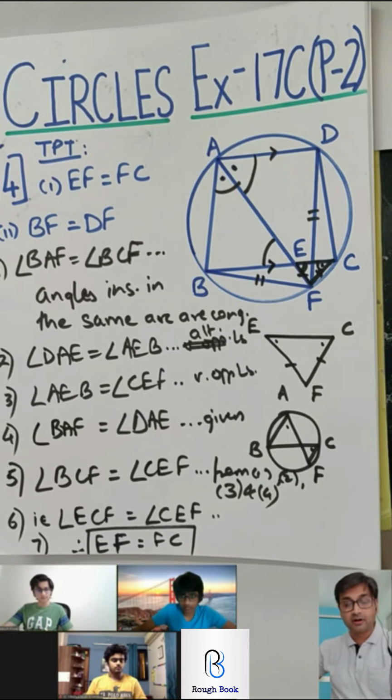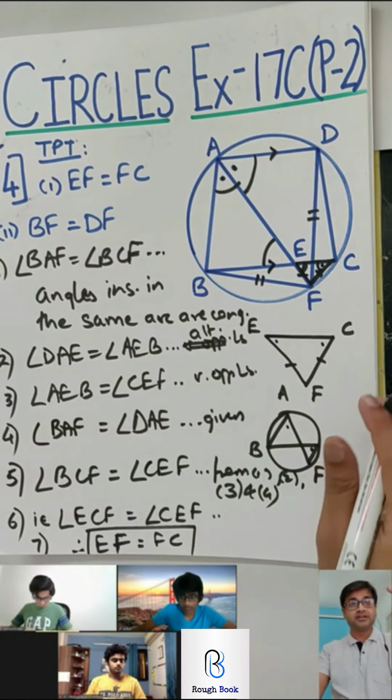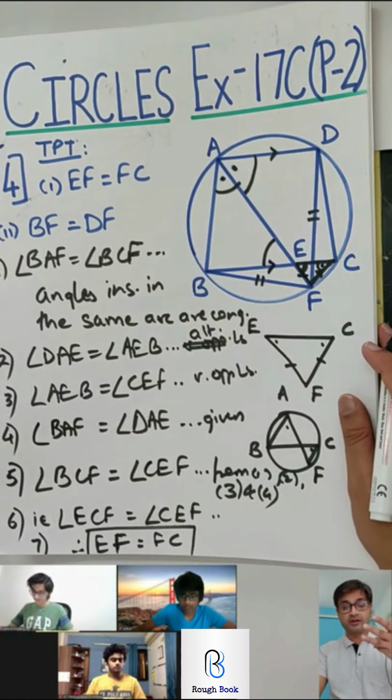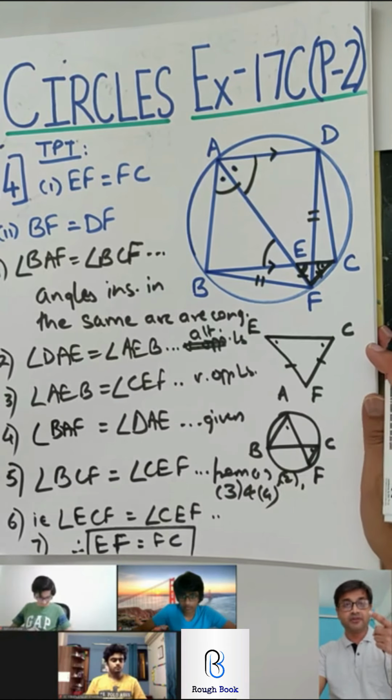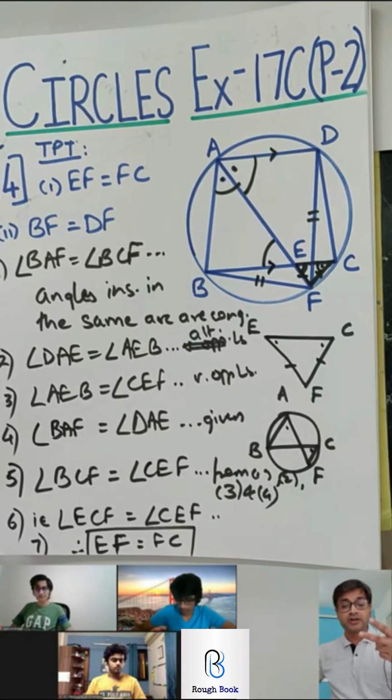Yeah, that's perfect, Bakar. So what you're going to do is just 3 steps. Listen to the 3 steps so you can write on your own. Step 1, angle BAF equals angle DAF, given. Step 2, therefore arc BF equals arc DF. Reason would be congruent angles subtend congruent arcs. And step 3, therefore chord BF equals chord DF, and you will say congruent arcs subtend congruent chords. Are you getting it? So that's how we will get this.